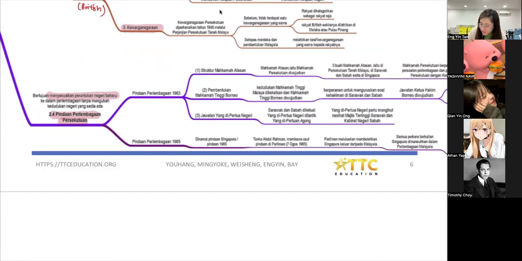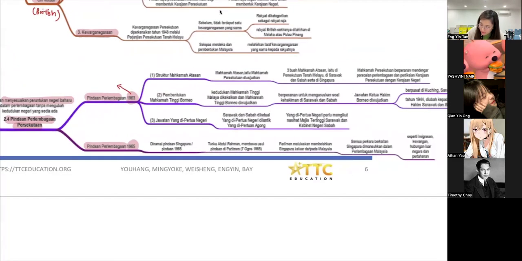So when we change, pindaan 1963, pindaan 1965. Very easy one. Just remember the timing. 1963 is because of what? Malaysia was formed. We have a new country called Malaysia. Right? So Malaysia has new members, right? Can any one of you tell me who the 4 members that joined Malaysia are? What are the members? Faster. Singapore, okay. SG. PTM, thank you so much. I thought you guys were going to tell me, wow, all the states. No. Only